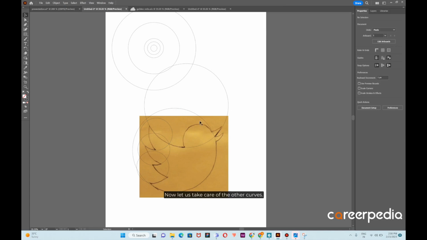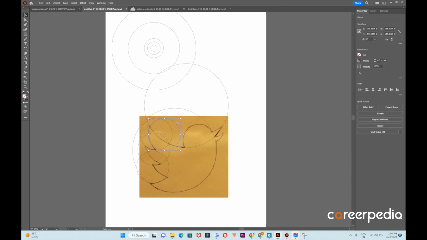now let us take care of the other curves. So one over here, one over here, maybe a bit down. Okay, and one over here. Okay,